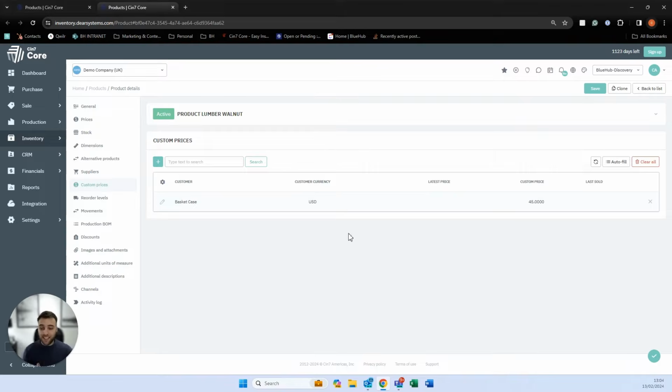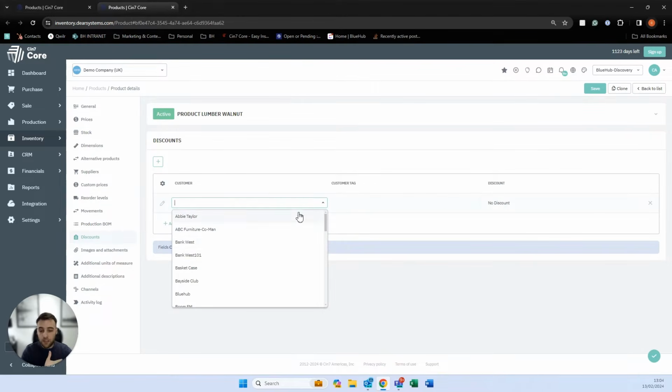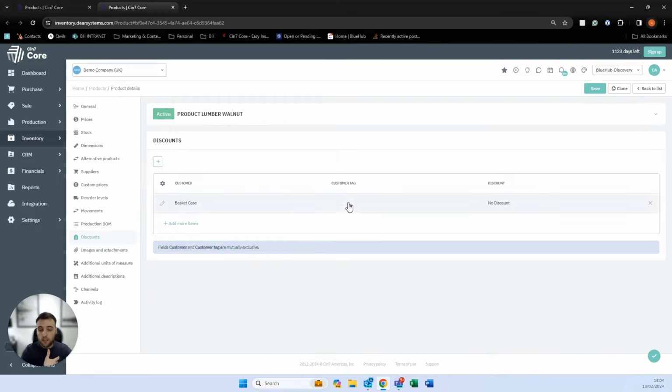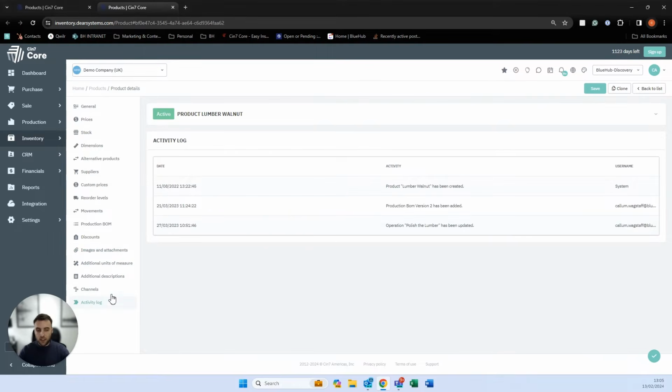We can also dictate discounts in the system as well, so alongside price tiers, alongside specific pricing, we can also set up specific discounts for either certain customers or even certain customer tags. So that would be a group of customers. So if we've tagged a group of customers as Bluehub, for example, we could then apply a discount rule to that group of customers. And we can also add images and attachments and a nice activity log to see who